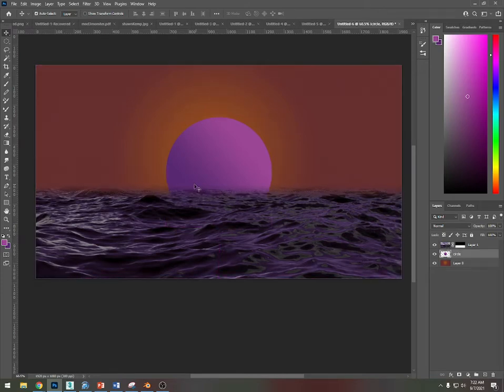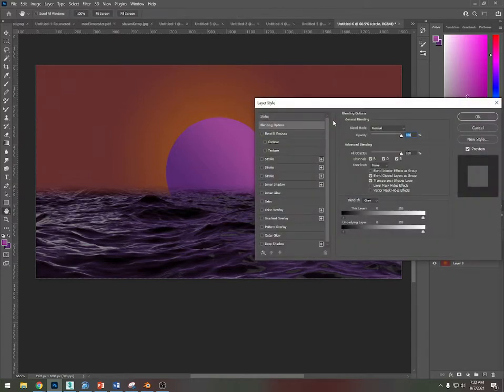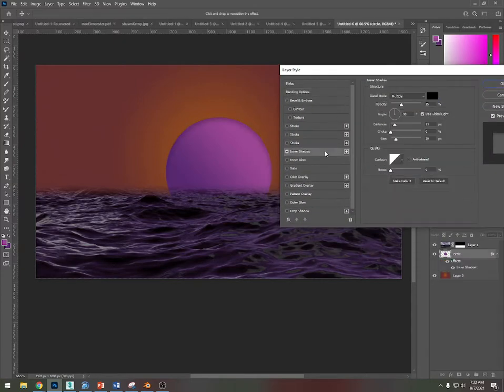And I'm going to cut out this bottom portion of this eventually. So in a couple of steps, I'm going to select this tool. I'm going to cycle to the rectangular marquee tool, and I'm going to cut it out where the horizon would be, right about there. But right now I'm not going to do that. But what I am going to do is double click the circle layer to go to the layer styles, and I'm going to add an inner shadow,